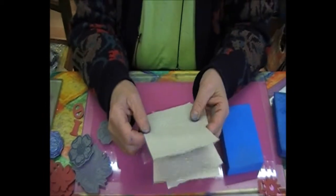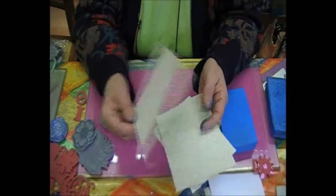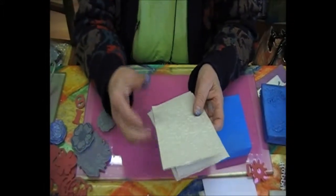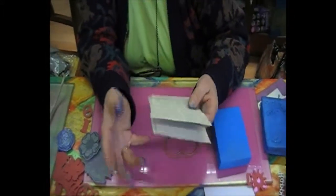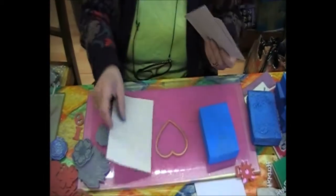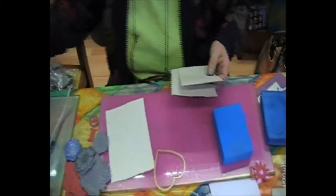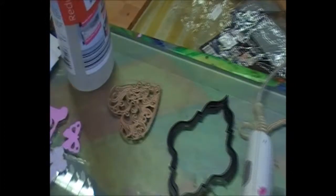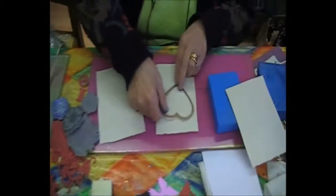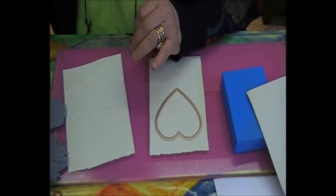Do not, unless it's a plain pattern, try to stamp onto your embossing folder. Take the impressions on pieces of card, because again, if there's anything on it, it will come out backwards. So you've got lots of embossing folders with lots of things on, but you can use them as a background. Say we take this heart, and that is the middle for the heart. But in this particular case, we want to just use the outside of the heart. There we go. So we use the outside of the heart, and then we want to put something in the